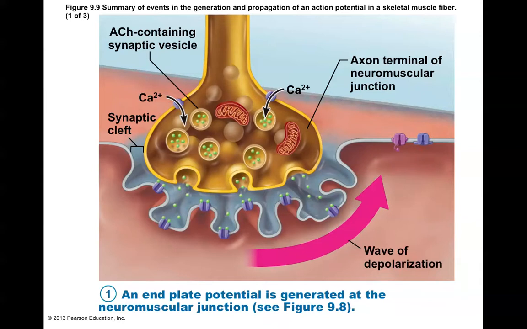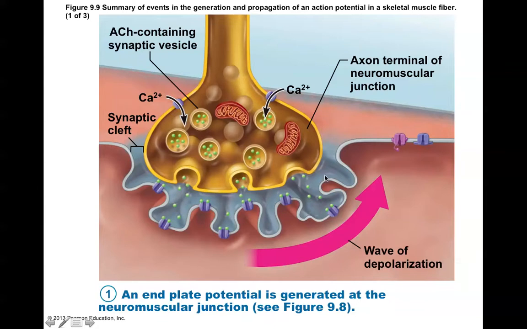So what we're going to start to talk about in a moment is excitation-contraction coupling, the details of this release of calcium due to an action potential. But first, this is what we're looking at here. In the top part is a presynaptic neuron. This is specifically a motor neuron that is carrying acetylcholine in its membranous vesicles, and it experiences an action potential, and calcium influxes through voltage-gated calcium channels. When the calcium influxes, it interacts with these membranes, which carry acetylcholine. These membranes then fuse with the very end of the axon terminal and dump their acetylcholine contents into the synaptic